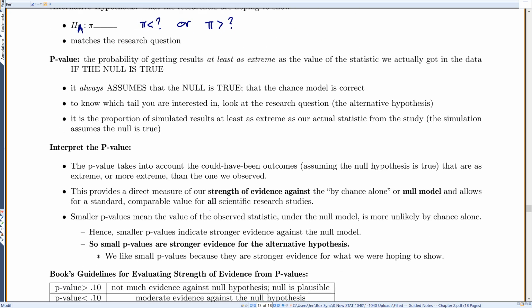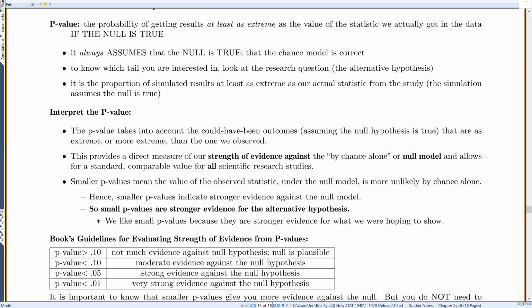So to interpret the p-value, again, to take some things we already said and give them more context or repeat them, the p-value takes into account the could-have-been outcomes, assuming that the null is true, that are as extreme or more extreme than the one we observed. So this provides a direct measure of our strength of evidence against the by chance alone, or the null model, or the null hypothesis. So our p-value always gives us evidence against the null, and allows for a standard comparable value for all scientific research studies. That's why every study, or just about every study, will have a p-value. If they're doing any kind of test, they will have a p-value